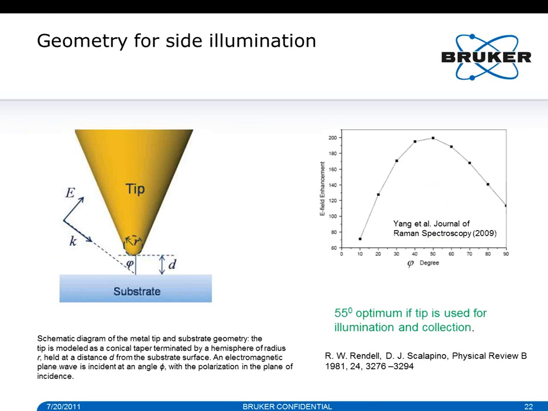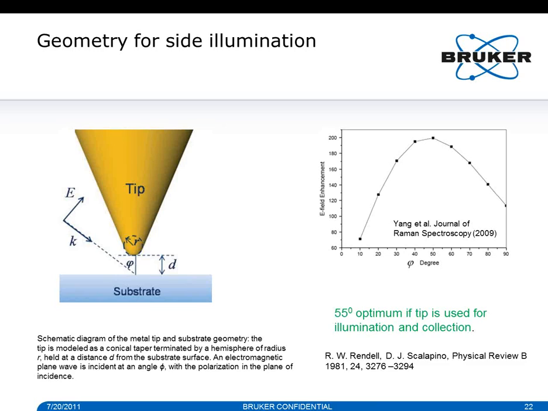So what angle, if you want to look at the reflective configuration here, like a diagram is on the right side, we have our tip here. And then often you see angles. So what's referred to as the angle here is basically the angle of normal that we want to put an objective in. And it turns out that about 55 degrees or so is optimum if you use your tip for illumination and collection. And that has also to do with the fact that you want to illuminate your tip,